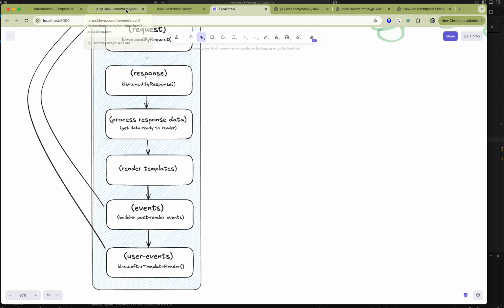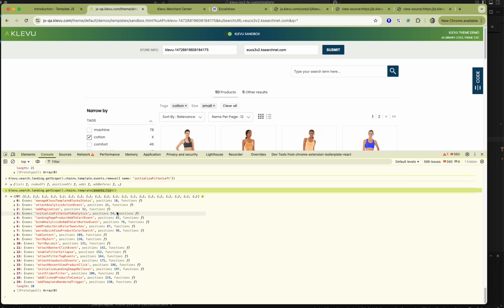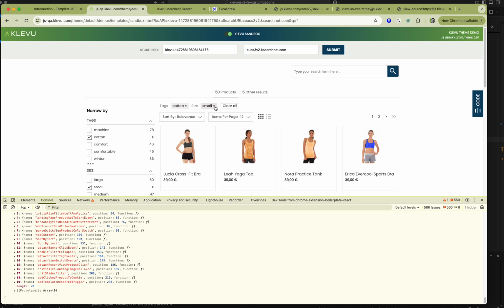You won't see it if you add something using it in this chain, but it's not being added the same way these are with a name. Because if you notice the code that we're using, we don't have a name that we're passing in for an after template render. We're just saying that we want to hook into landing or catnav or whatever the case might be. But now, because of this, if I was to do anything and it re-renders,